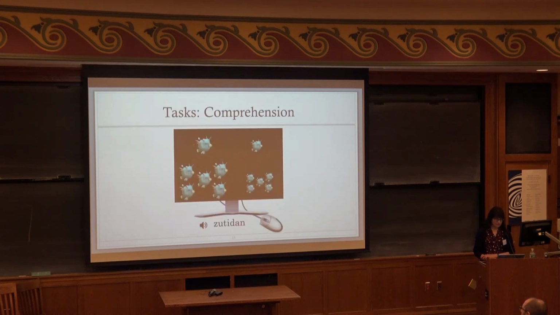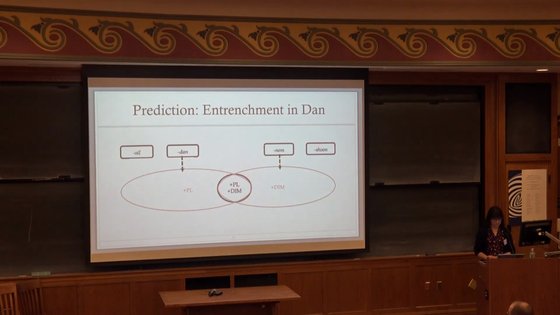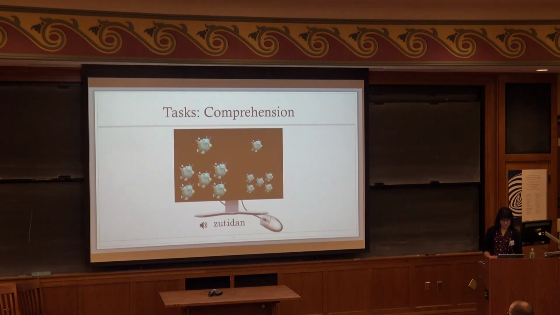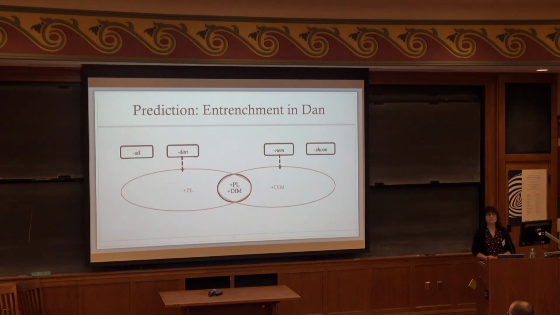The last task, comprehension. In comprehension, they hear a word like zutidon, one of these suffixes attached to a stem, and they are supposed to click on one of the four meanings. So here, this looks a little messy, but I'm going to try to explain it. We expect entrenchment in